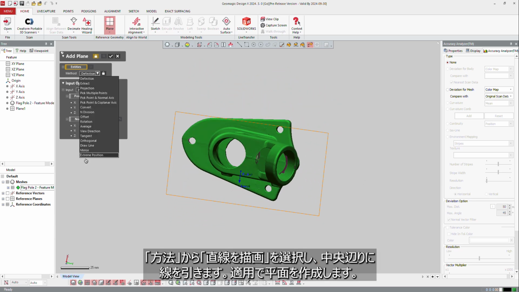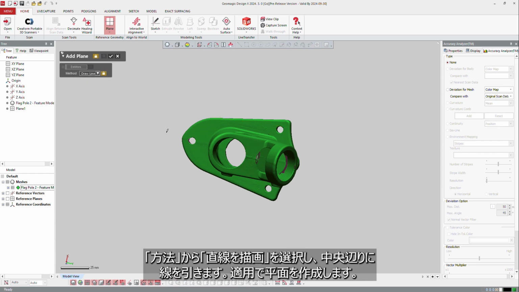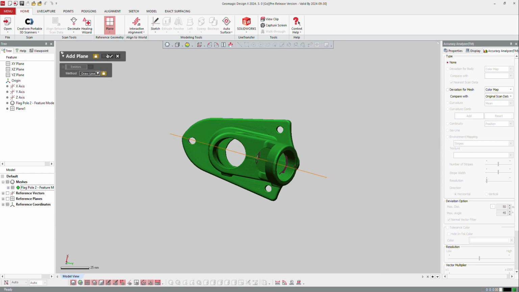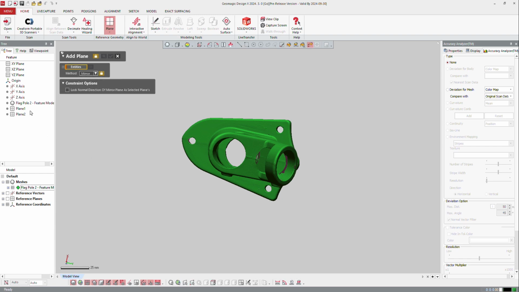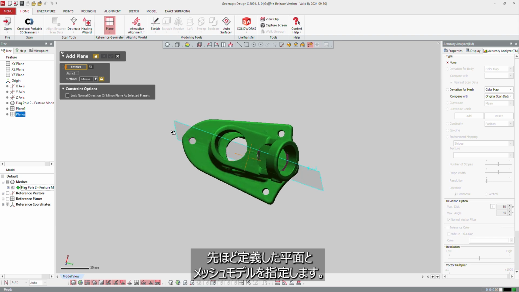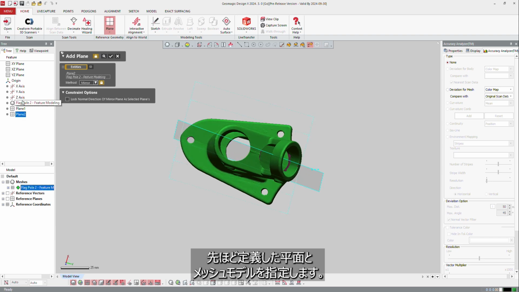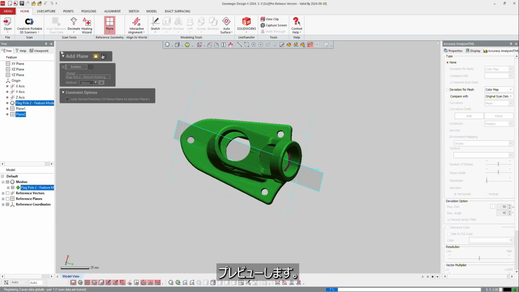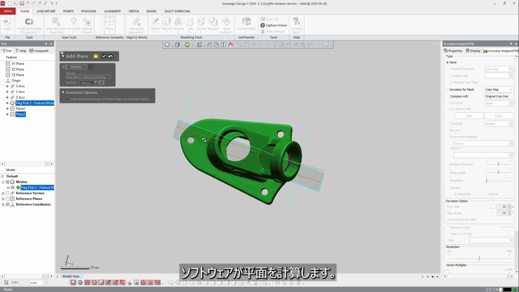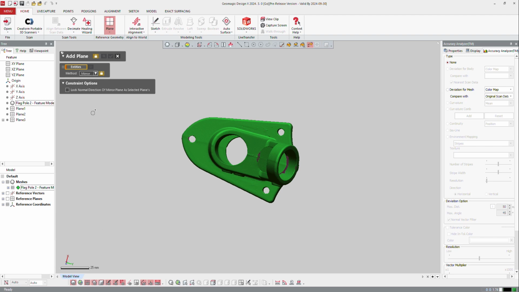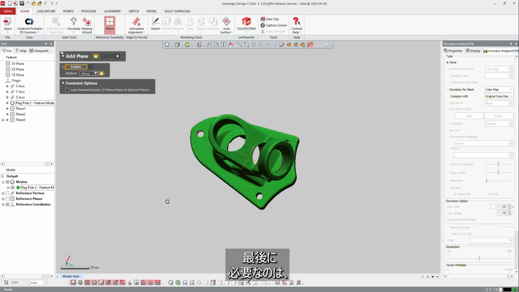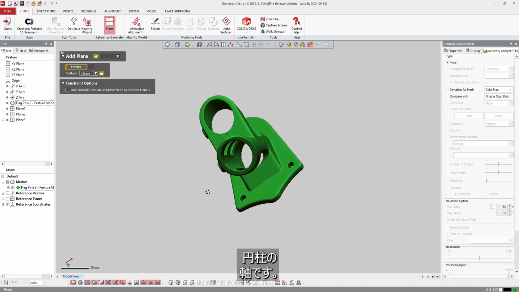So I will just draw a line here roughly in the center. And OK, and then I will ask the software to build my mirror plane, using that plane that I just defined and that mesh model. Preview. Software computes the plane, and you see that my plane was not good at all. And OK. Now I got that, and I just need the last thing, which is going to be the axis